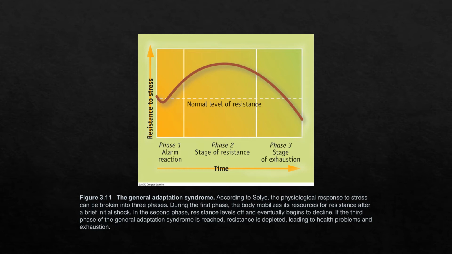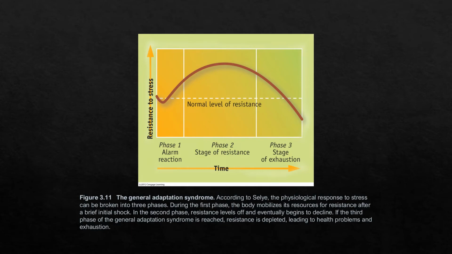So here's a chart or diagram that shows you the general adaptation syndrome. You can see the alarm stage, and in that alarm stage, this is when we have that fight or flight response, in other words, that physiological response to stress. Then we have the resistance stage, and this is when our body is beginning to repair itself, and we are experiencing that parasympathetic nervous system response where we're moving back to homeostasis. But you can see here that we then start to move down in our level of resistance to stress. And if the stress goes on for too long, or we start adding additional stressors, then we move into that